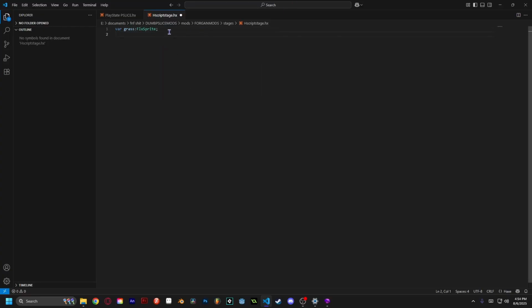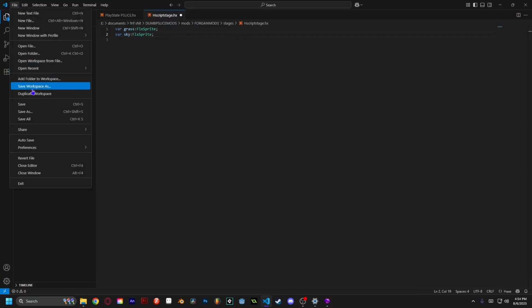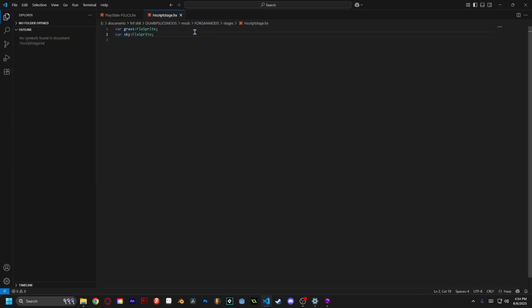And what we can do now is we can copy and paste this, and we can just change this to sky, basically. Okay, so now we have our 2, make sure to save this, by the way, whenever you edit it. We have our 2 main objects right here. So now let's actually tell the game what those objects are. So we're going to create a function on create. So when the script is created,